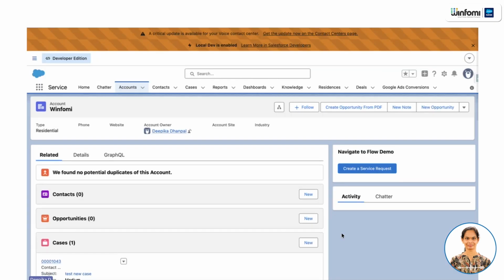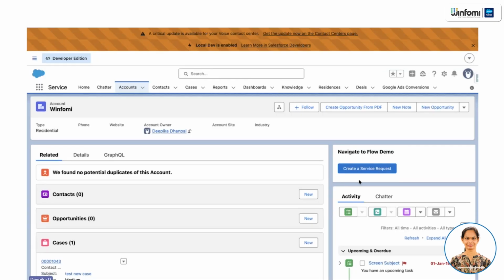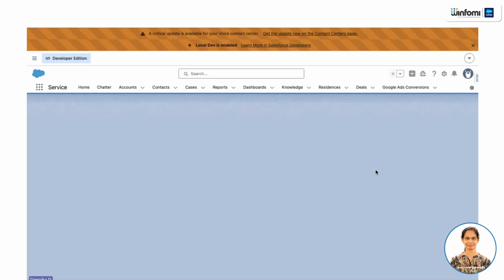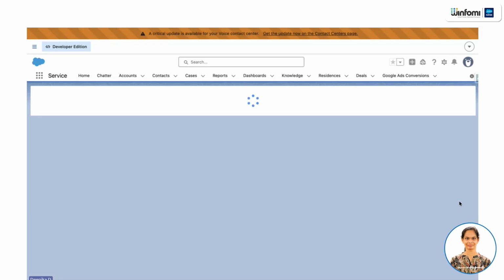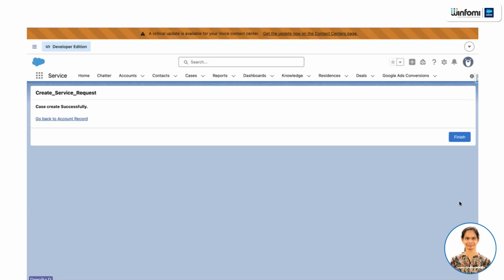Here, you can see on the right-hand side that we can navigate to a flow from an account record page directly from LWC. If we click on Service Request, from the account record page we can directly redirect to a flow which we have created. Like the subject is... if we click on next, here we can create a case from the account record by